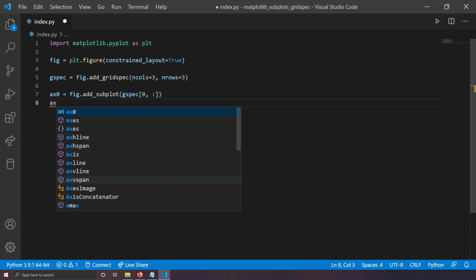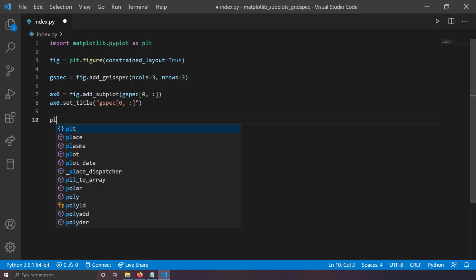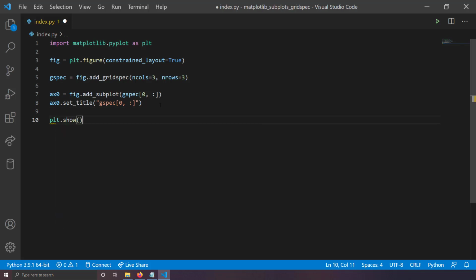Now I will set a title to this axis 0 so that it can be easily identifiable. So I'll write ax0.set_title, and here I'll write gspec of 0 colon. Now I've created an axis handle also, so let me try to show this figure, plt.show.